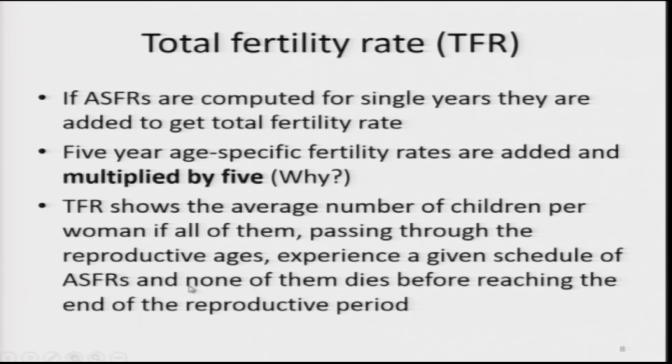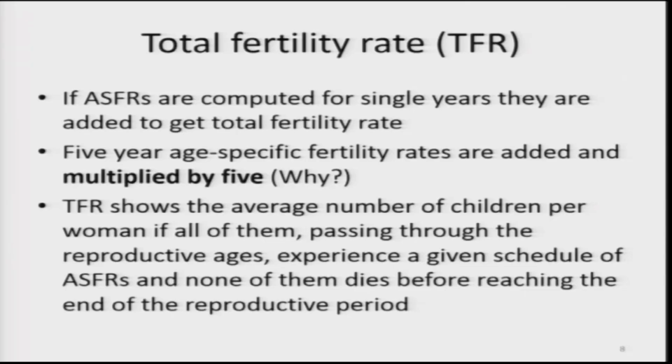Okay. This means that imagine that total fertility rate of India is 2.2, and this can be explained in this way: if there is a group of 1000 women, all of whom enter the reproductive age group at 15 together, all 1000 women are of age 15 at the same point of time, and as time passes they experience age specific fertility rates as given at different age groups. Then by the time they all cross 49